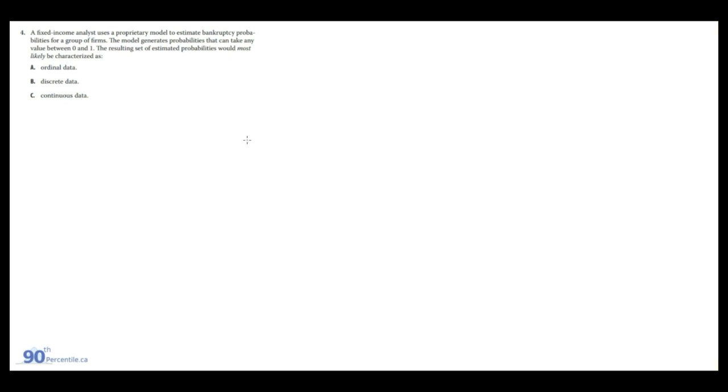So there's a bunch of questions in this chapter that are pretty much the same thing, and they're just a matter of differentiating between these different types of data. Not really important for the exam, in my opinion. Pretty unlikely to ask you something like this, but we'll go over one question. We don't want to be redundant and go over like 10 questions of the same thing, so we'll do one, and then it's just a matter of you understanding the definitions and being able to differentiate between the different data types. So A is ordinal,